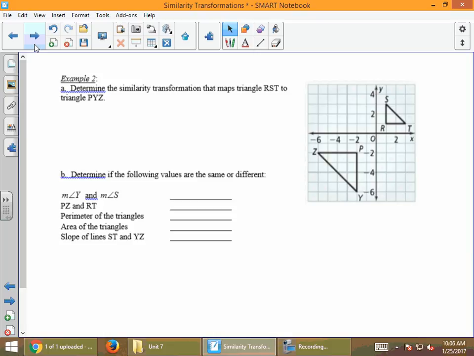A couple things. One thing I want you to look at is the points, because remember, the points match up. The order matters in these triangles. So RST. R matches up with what other point in the bigger triangle? R matches up with P. All right, so there's R, there's P. They go together. S goes with